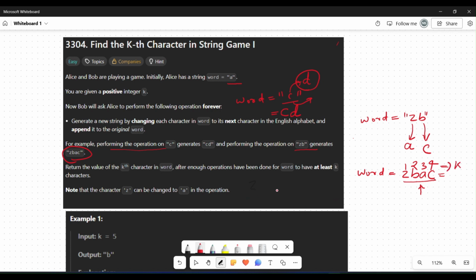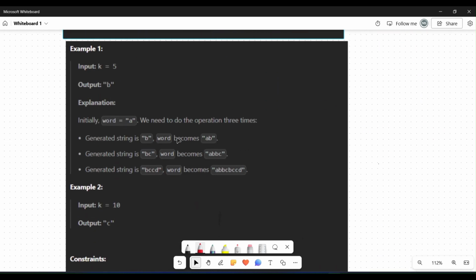Here, if we see the example, the k value is 5 and my original word is A. For each test case, the original word is going to be A. So initially we have word A.